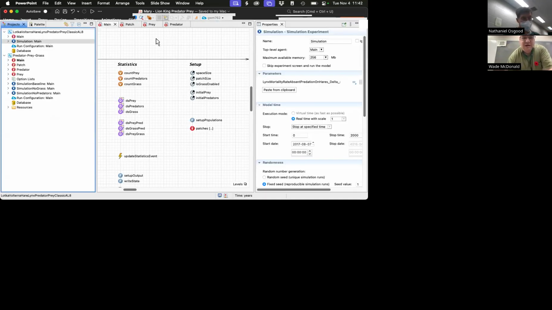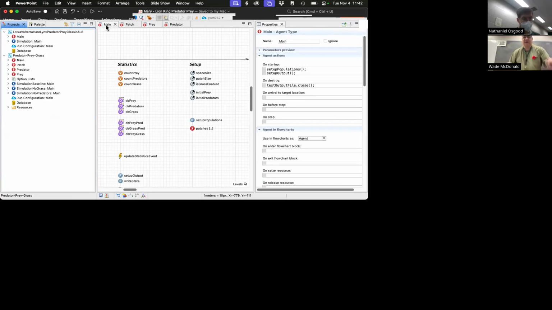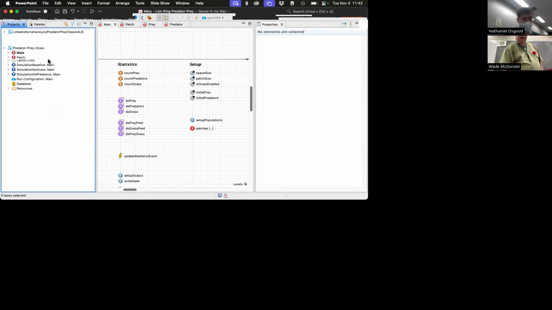So I'd like to take a look at an implementation of this as an agent-based model. And this is called predator-prey grass, and it's on the canvas if you want to follow along, but this won't be an exercise today. So if we look at the